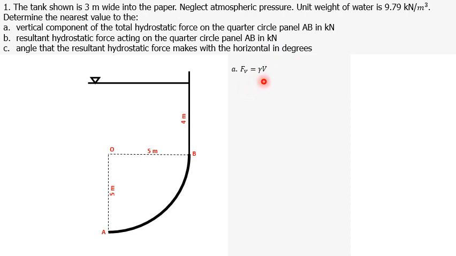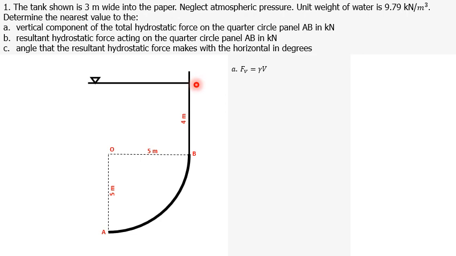It is equal to gamma V, where gamma is the unit weight of the liquid and V is the volume, whose area can be found by tracing a vertical line from the endpoints of the curve up until